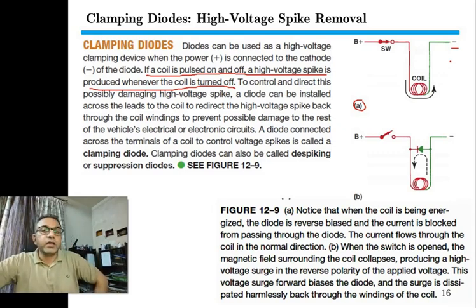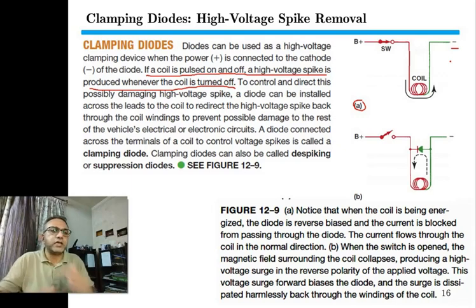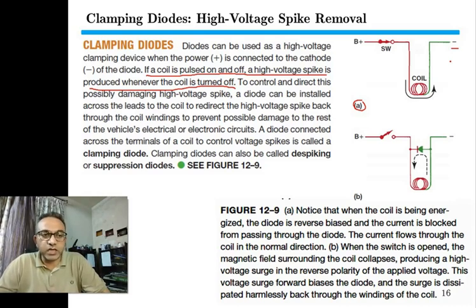However, a coil is dangerous also. How is a coil dangerous? Because a coil will produce a high voltage whenever there is a change in current. A coil, an inductor by nature, does not allow instantaneous change in the current. So we as engineers have to take care how the inductor will respond when the current changes, and how we should take care of the current through the inductor, because the inductor does not allow current to change instantaneously.